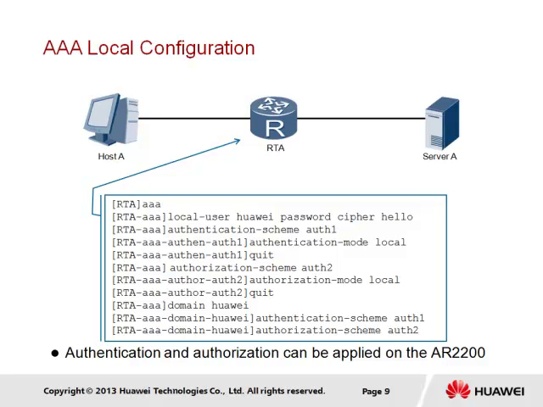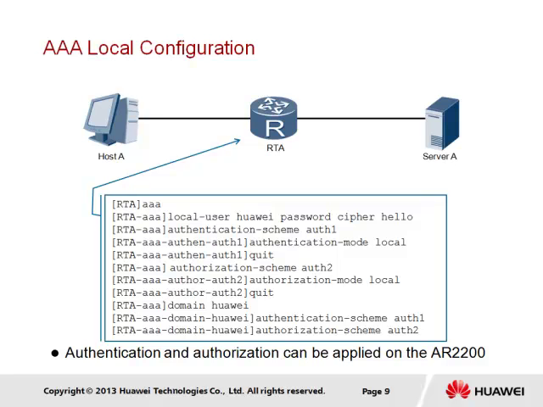a remote AAA server. We wish to associate in this instance the created authentication and authorization schemes with a domain called Huawei. In order to do this, the domain must firstly be created on RTA, and then the two schemes created must be associated with this domain. We see this being performed here using the domain command under the AAA view. And under the AAA domain view for this Huawei domain, we see the two schemes being bound to the Huawei